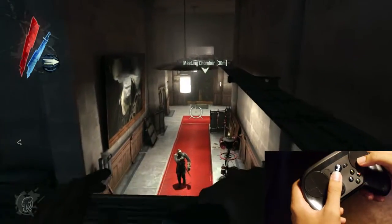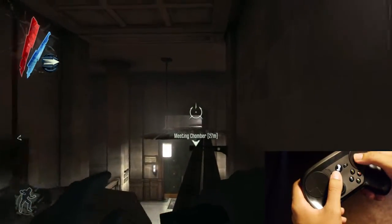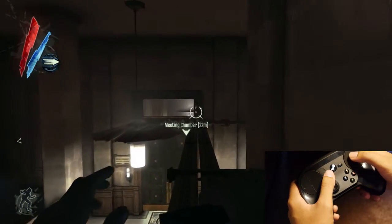Because in some games, it's completely reversed, where your left click is sometimes your gun, which is usually somewhere else, or I'm just spouting nonsense. But anyway,